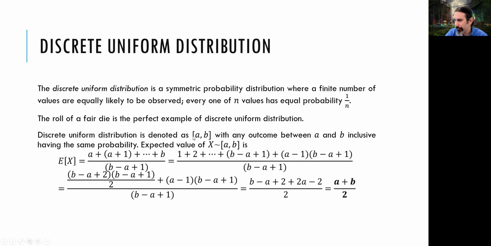Now, from A to B, this discrete uniform, we can calculate its expected value with this formula, of course, using the expected value formulation. But this one just gets simplified into A plus B over 2. What you do is just take the average of the top and bottom values. That's it. It's always like that. So it's the same with the roll of a die. 1 plus 6 over 2 is 7 over 2, which is the expected value anyway. So when you have a discrete uniform distribution, you can just use A plus B over 2 to find the mean. You don't need to calculate it again using the expected value formula.